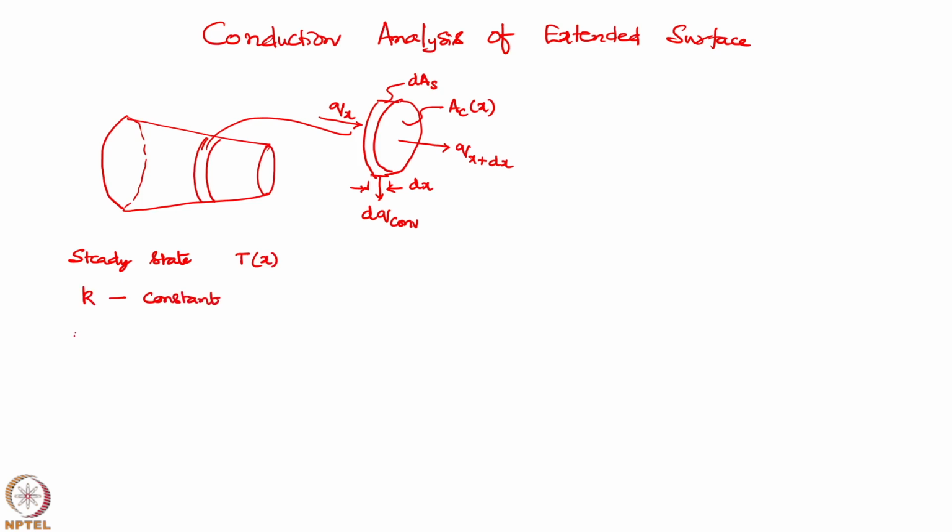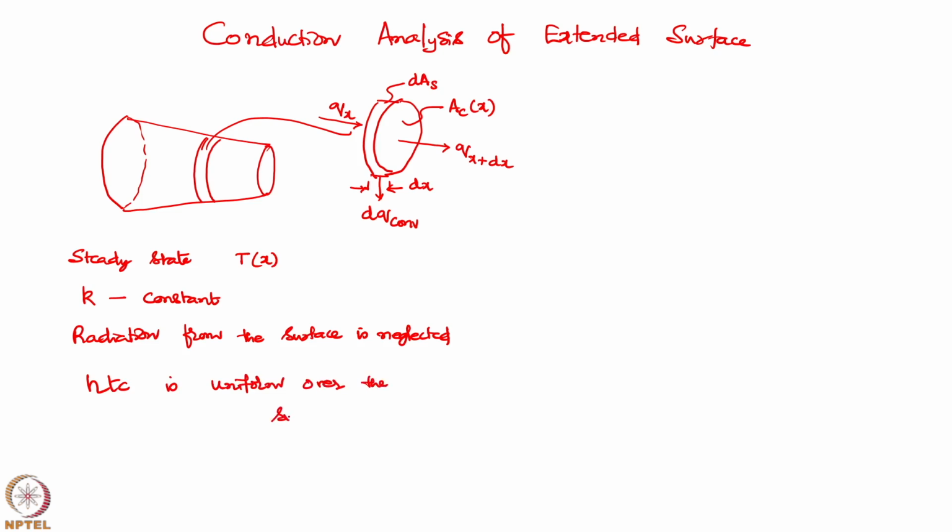And radiation: there can be heat transfer from the fin to the atmosphere by radiation, but I am neglecting it, radiation from the surface is neglected. And the convective heat transfer coefficient is assumed to be uniform over the surface, which may not be true all the time, but we are taking the heat transfer